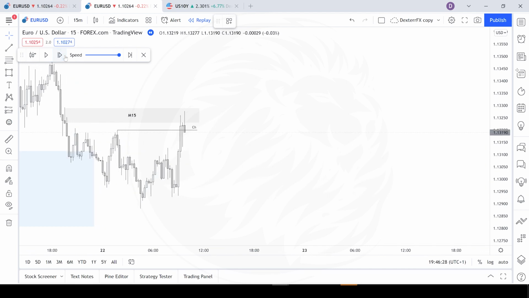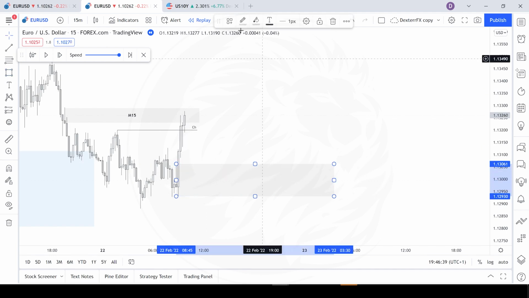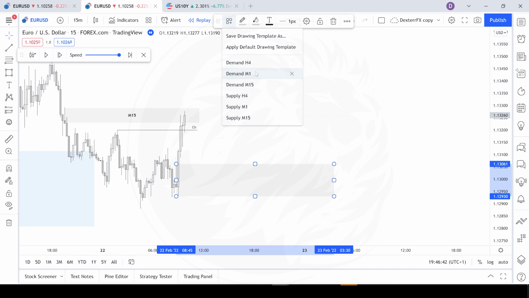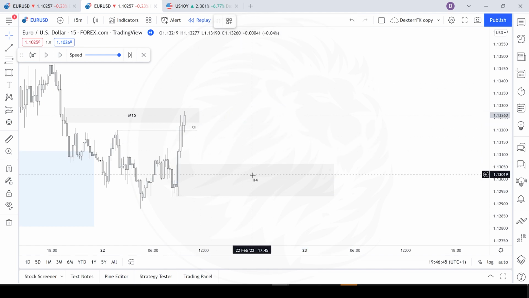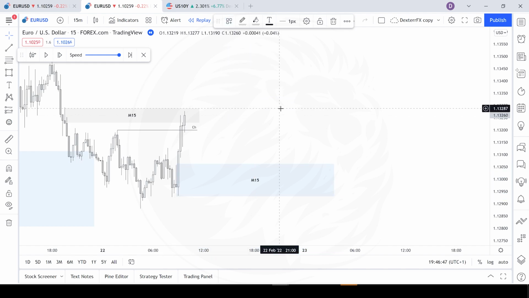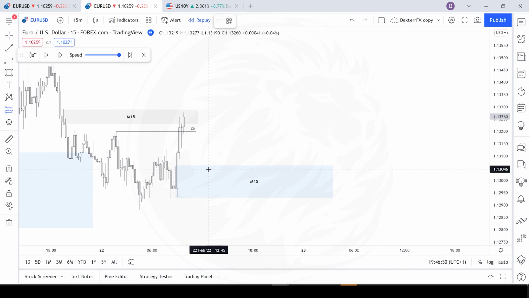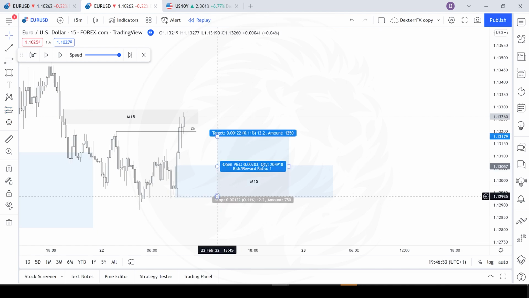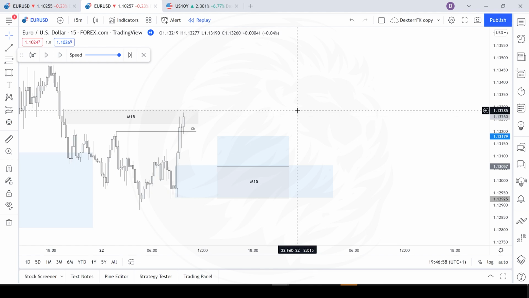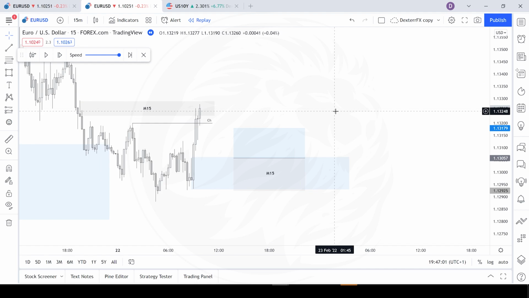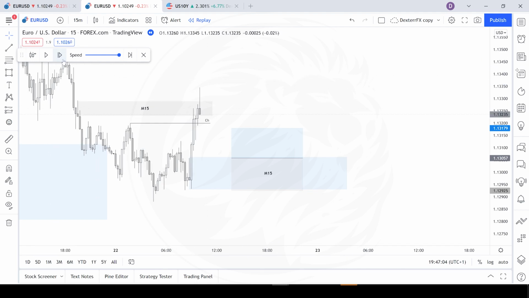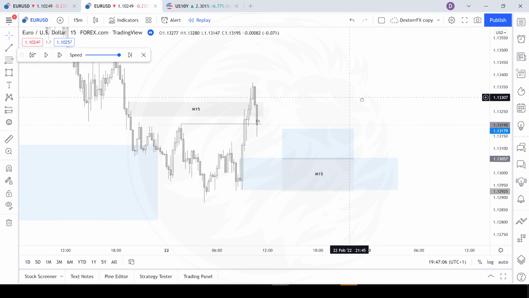Okay, so here we are making the change of character, and so here I can mark my POI here, which is the extreme. Sorry, and place my HOD on it. First TP will be my M1 structure, but I will wait to be in the thread to show you the M1 structure. Okay, so here now,